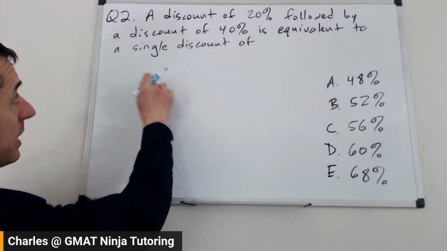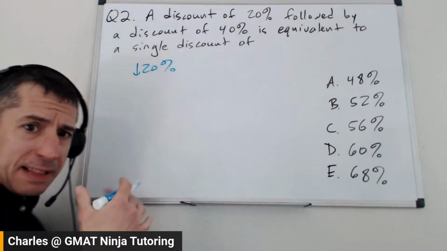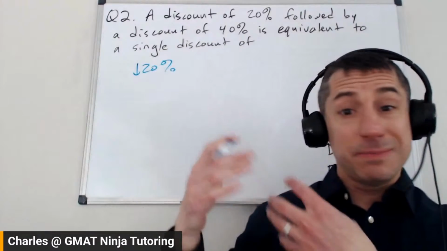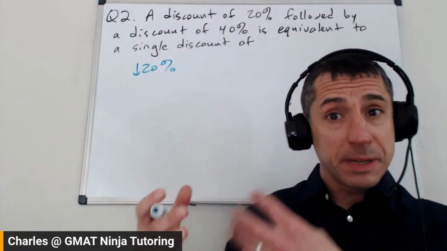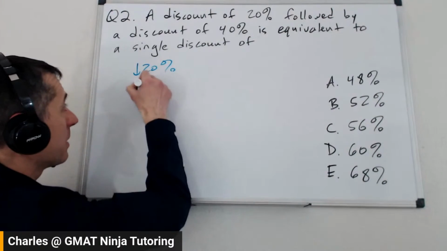So that's one way to do it. What I would prefer to do here, so something going down by 20%, I like to think of it as a multiplier. So if you use, let's say, Excel or spreadsheets of some sort in your day-to-day work, if something goes down by 20%, what are you going to punch in there? Well, you're going to multiply by 0.8.